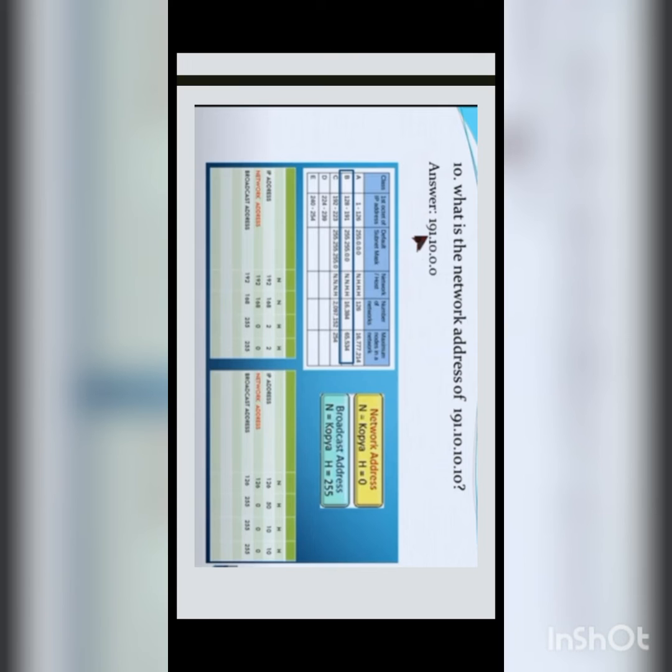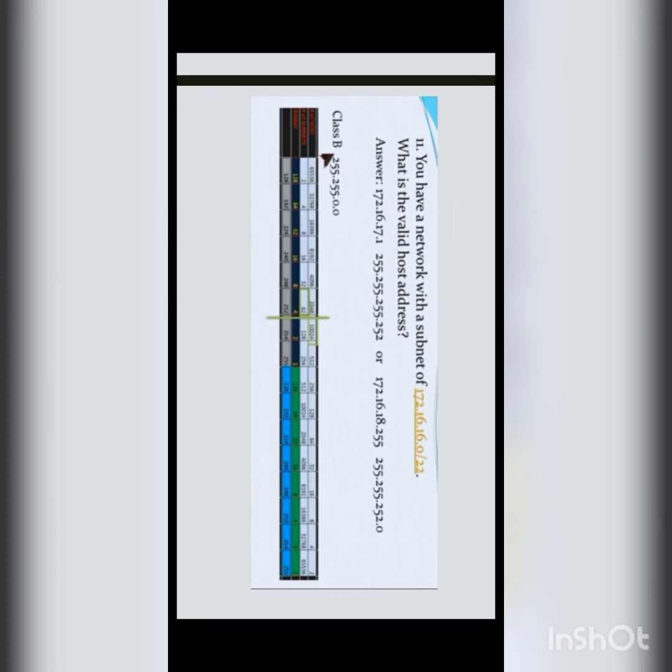Number 10. What is the network address of 191.10.10.10? So, the answer is 191.10.0.0. Number 11. You have a network with a subnet of 172.16.16.0 over 22. So, what is the valid host address? So, ato na sa pangitaan is the valid host address. So, the answer is